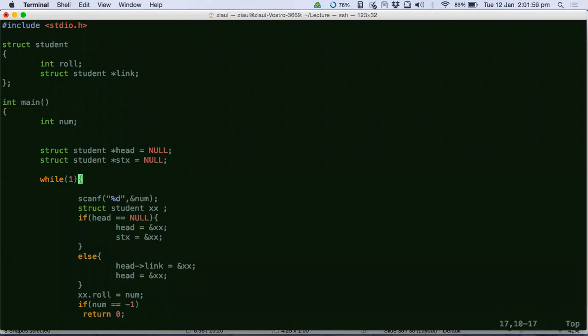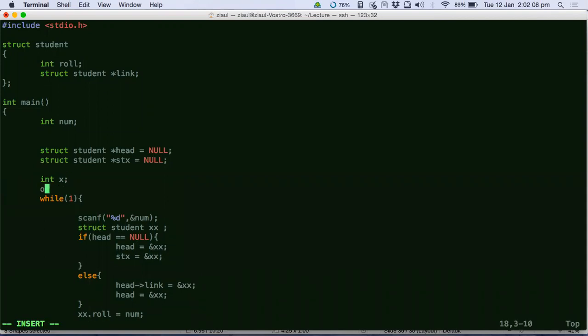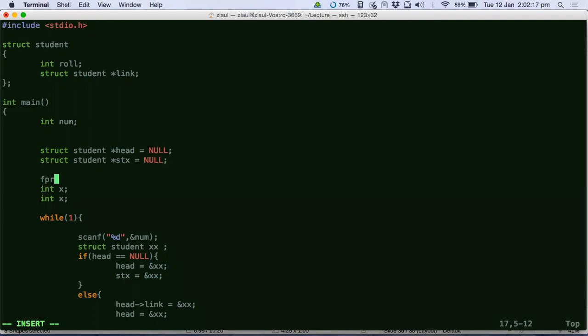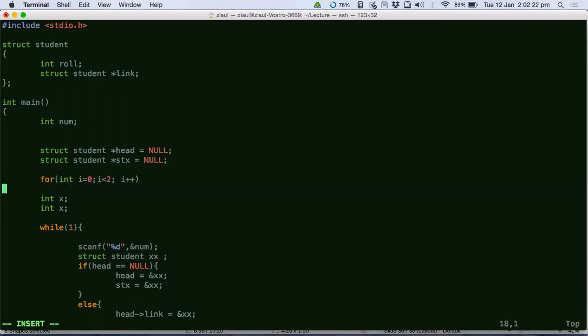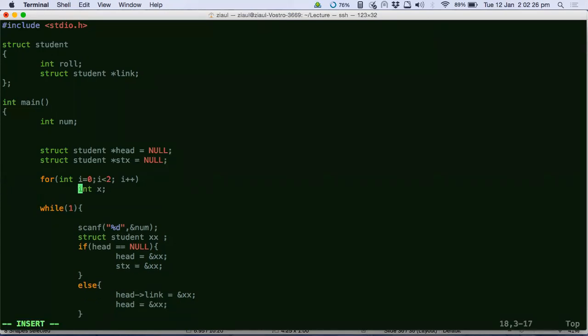Loop is an iteration. These two things are different. This is like int x and int x. These are two lines in the same program, right? Yes, sir, this is not allowed. But when you run a loop, these are two executions, two different executions. Text-wise you have only one line, but execution-wise you have two lines.